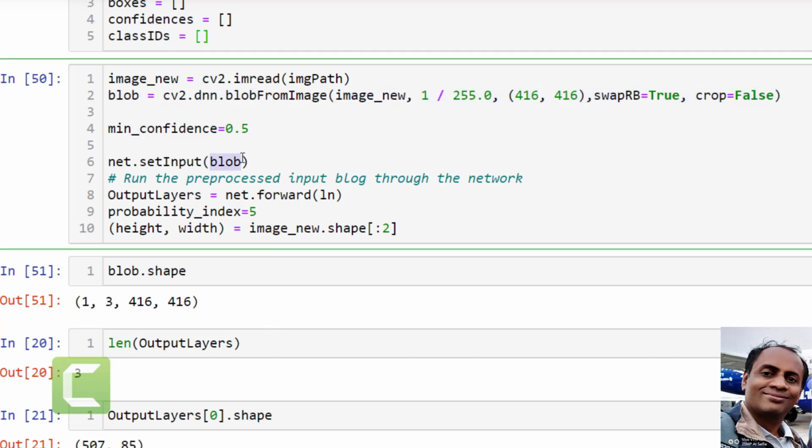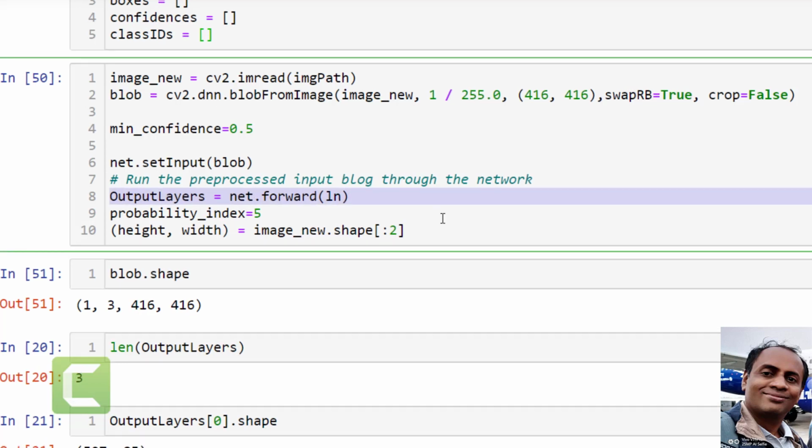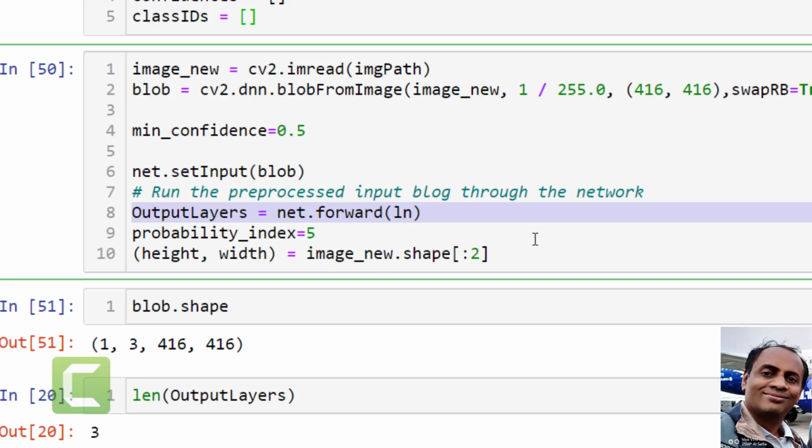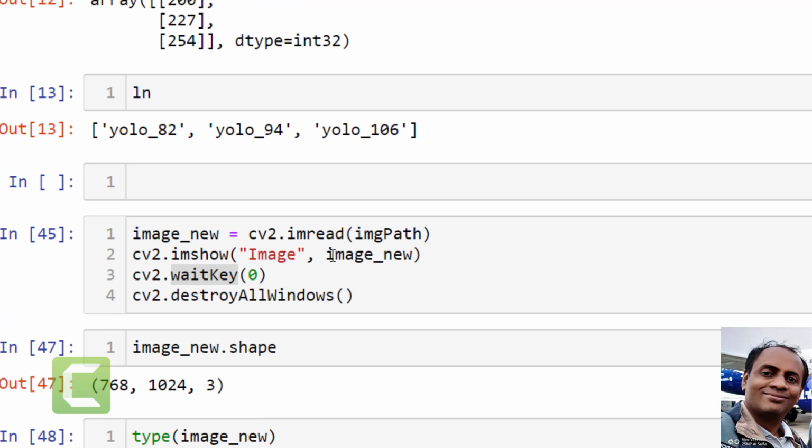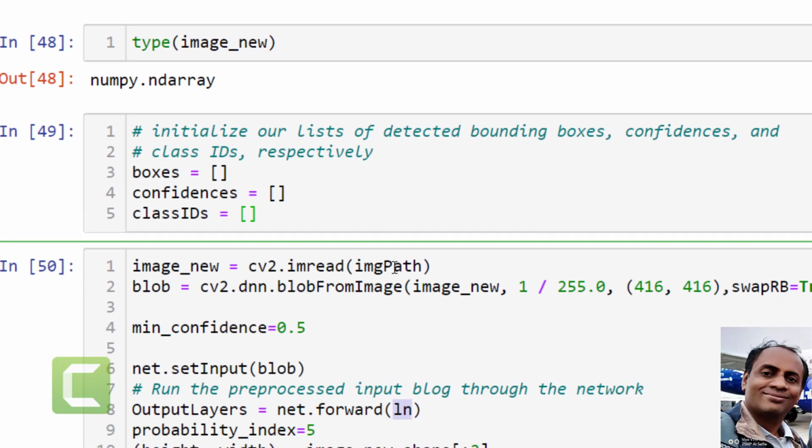We are passing it to the model, that is, setting it as the input to the model. And then when we call net.forward, this is important, guys. When we call net.forward, the image gets passed through the model and gets processed by the model, up to these 3 layers. What are the 3 layers we have here? These three layers, 82, 94, 106. So it's going to provide us detections for each of those three layers.